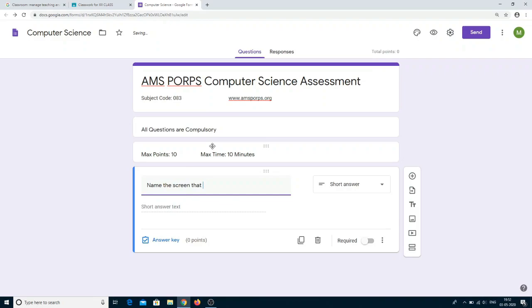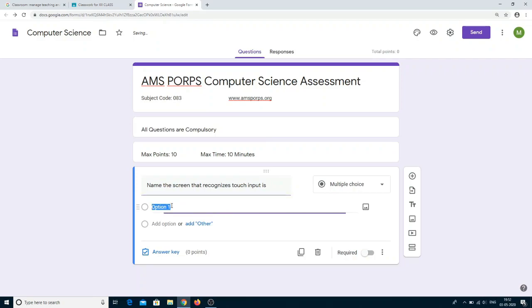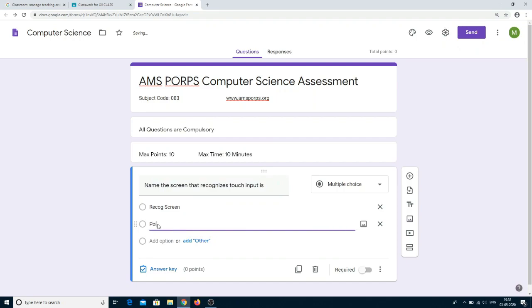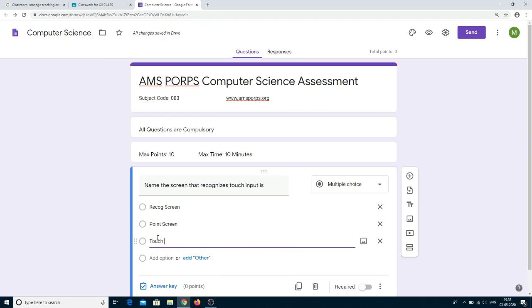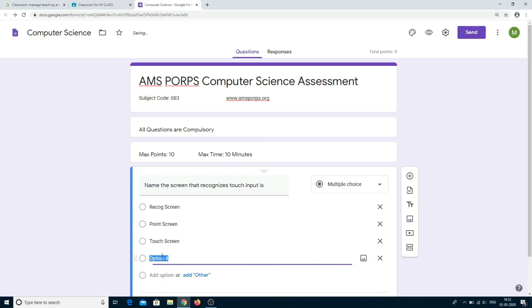Name the screen that recognizes touch input. I'm giving the options. First option, recognition screen. Next, second option, point screen. Third option, touch screen. Fourth option,